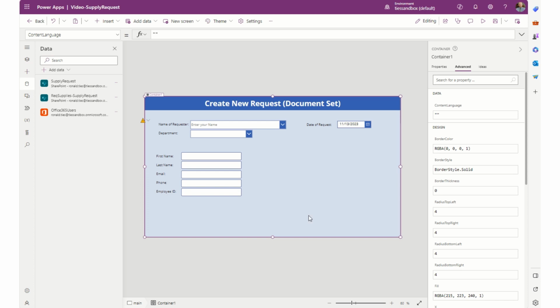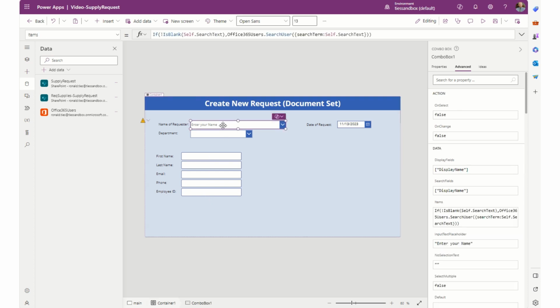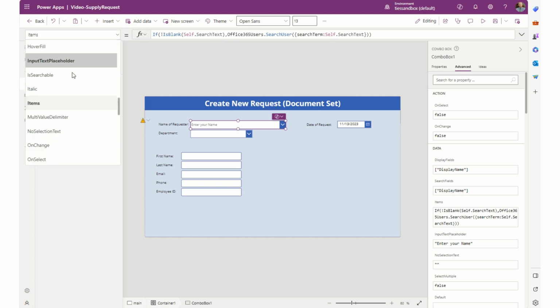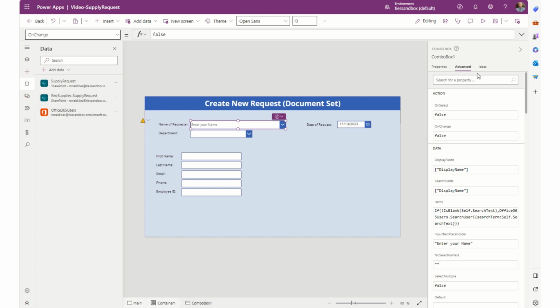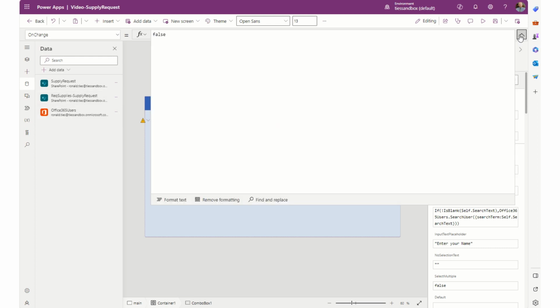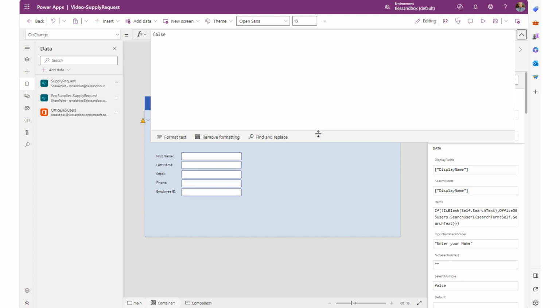Alright, so first thing we're going to do is, when someone puts their name in here, I want it to pre-populate these first four fields. So I'm going to go back up to the combo box for the name, and I'm going to select the OnChange. That just means if anything changes, it runs these commands. Okay, we don't need that much. Alright, so first thing we're going to do,